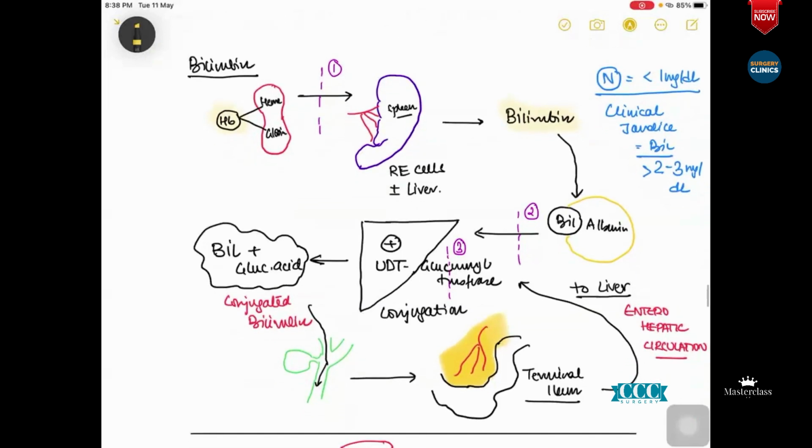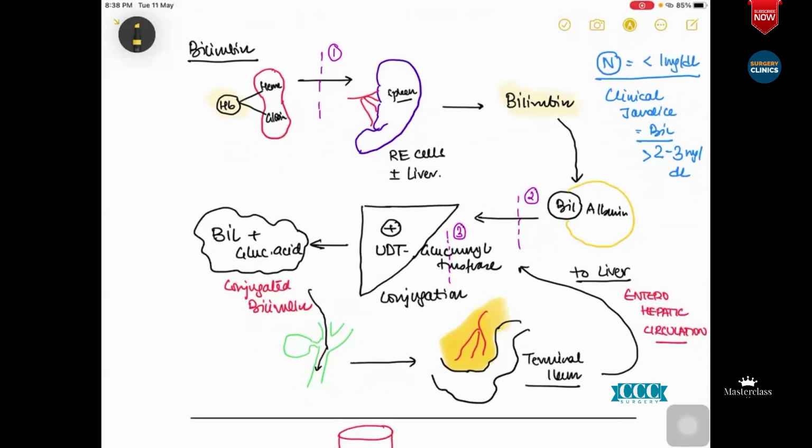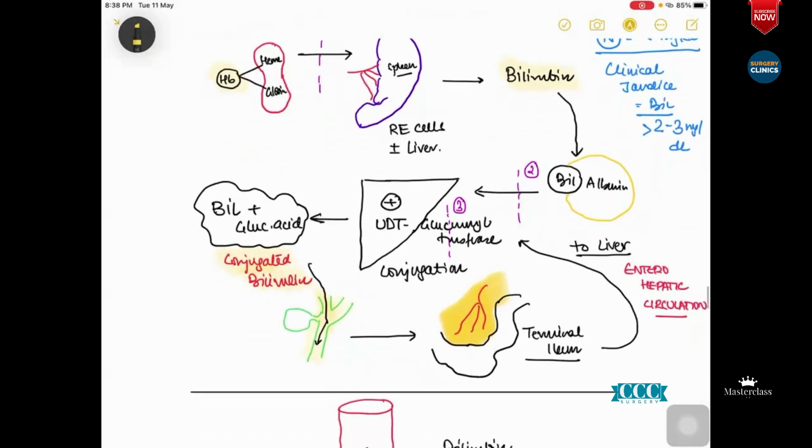Now this bilirubin binds to albumin, like Vikram and Betal. Bilirubin just joins to the back of albumin, and it gets taken to the liver. Now in the liver, they get conjugated by an enzyme called UDP glucuronyl transferase. That becomes conjugated bilirubin. This conjugated bilirubin is excreted in the bile ducts and comes to the intestine. Now in the terminal ileum, these bile salts and acids get absorbed back into the liver as enterohepatic circulation, and this goes on and on.